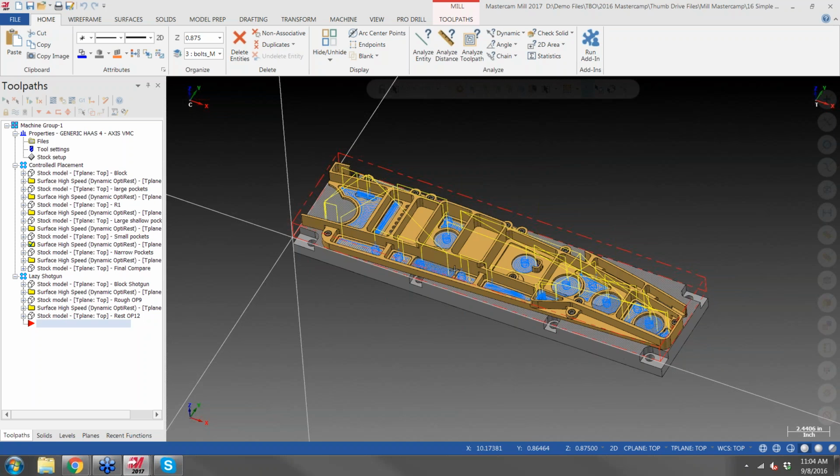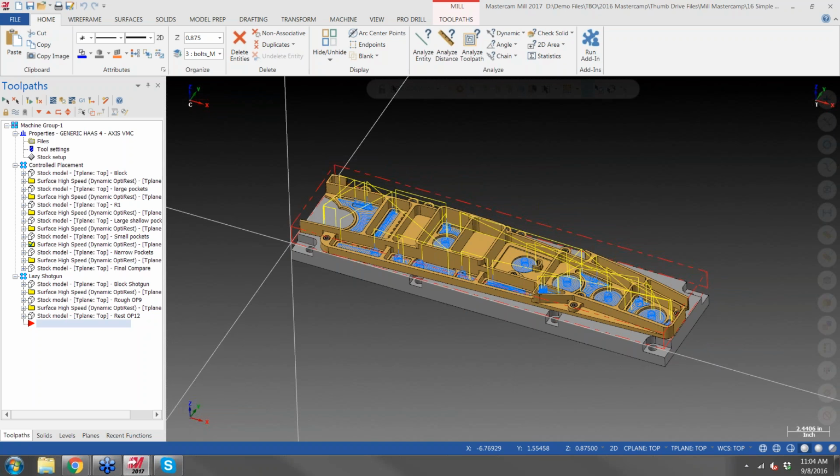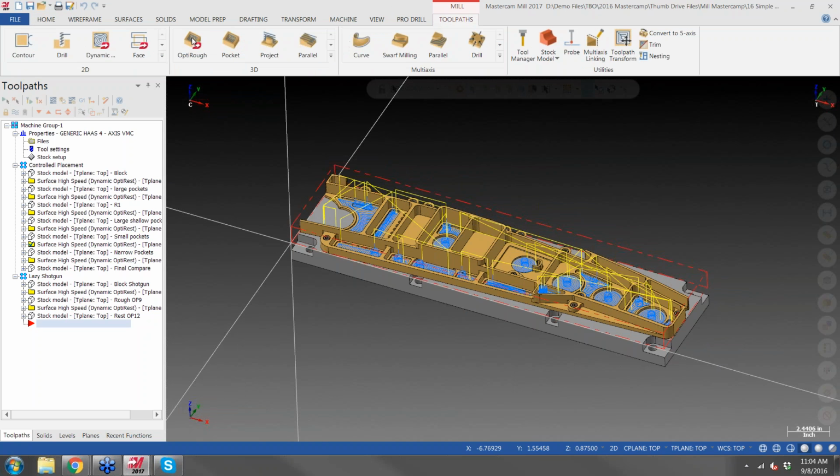So the way you'd program this with, say, Mill Standard or the old Mill Level 1, you'd pick pocket by pocket. But when you go into the toolpaths here, and Dave Canigliaro, who will be doing the tips and tricks